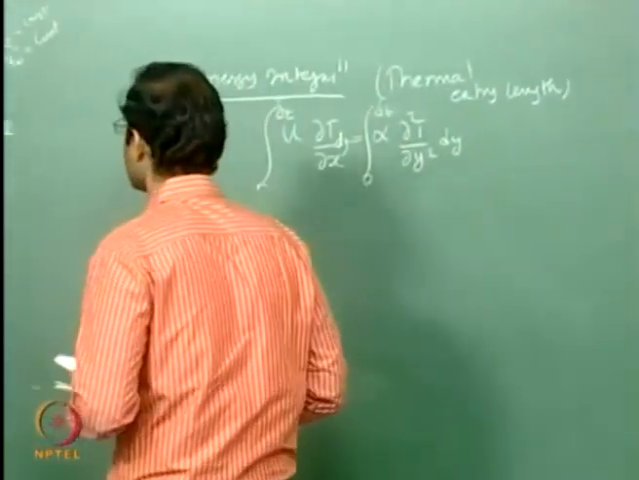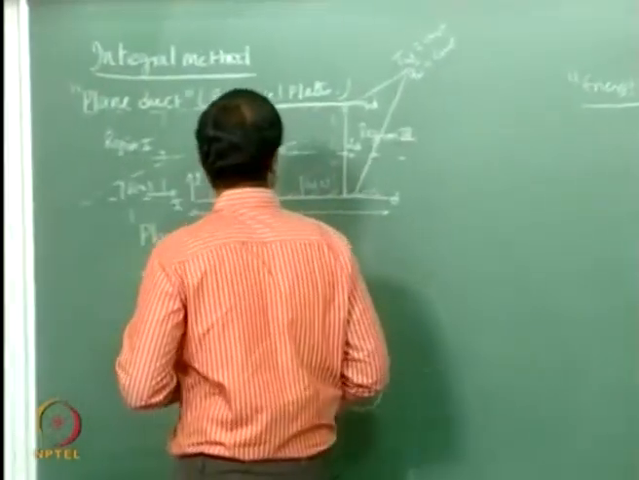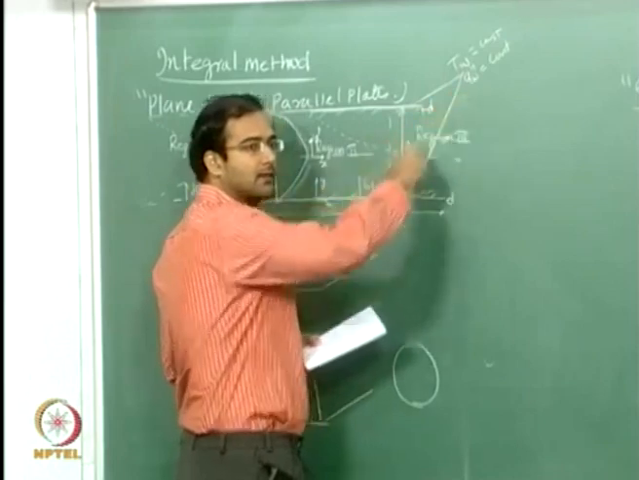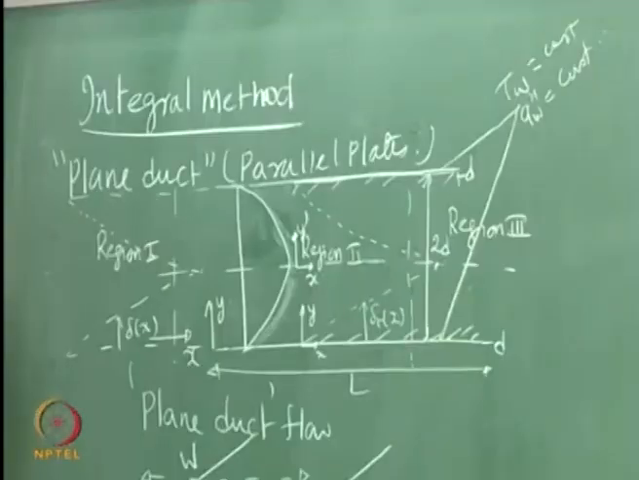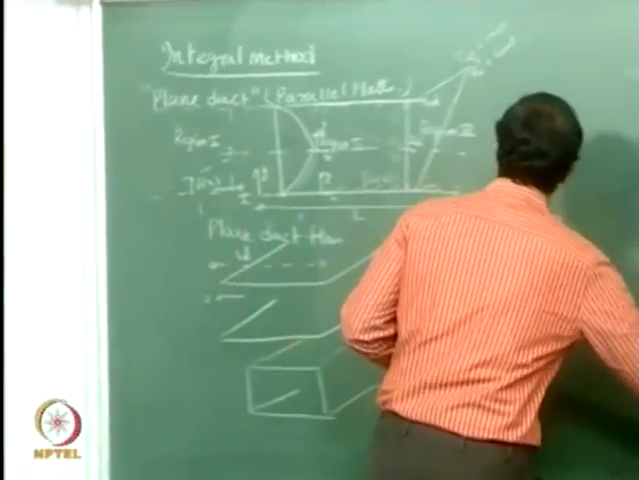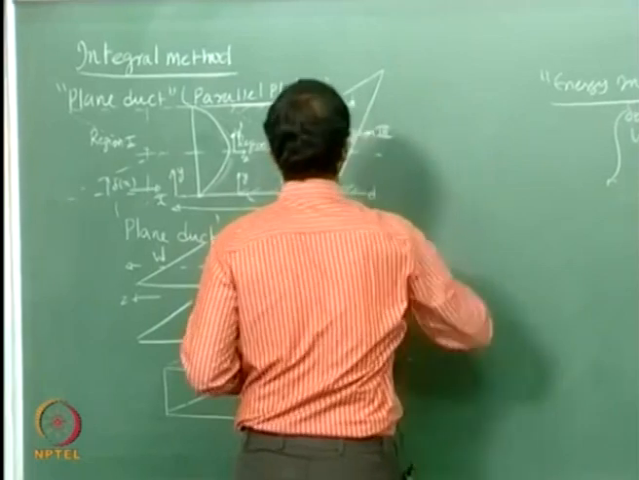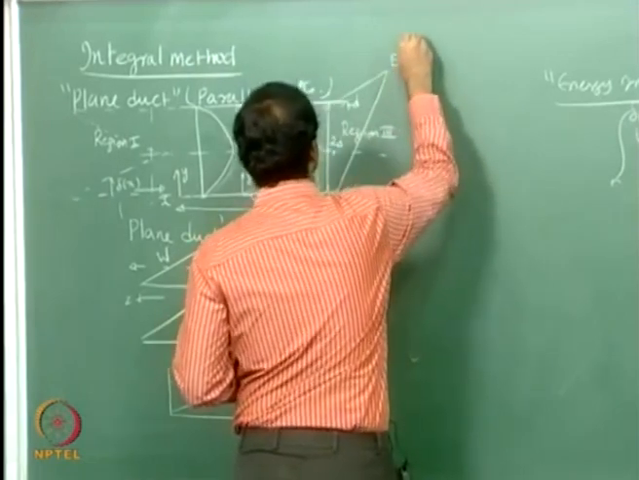What I am going to do is first solve for the case of constant wall flux boundary condition, and then the constant wall temperature is very similar and you can extend it. So I am going to look at uniform